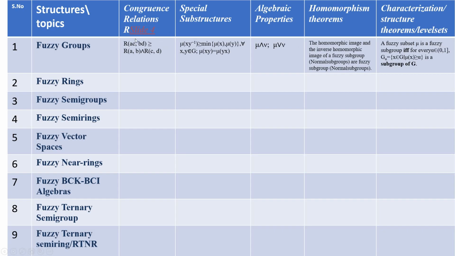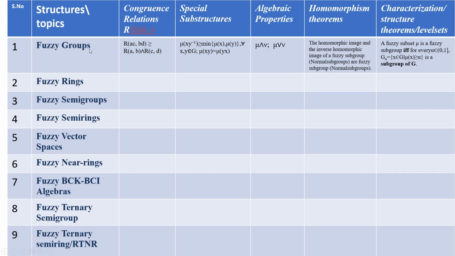Congruence relation, for which the relation must be known. So depending on the operation that you know, the congruence relation is given, and it should satisfy this condition. And then special substructures, like once you have subgroup, this is the condition for subgroup and this is for the normal subgroup. And algebraic properties of once you have new fuzzy sets, then operations on them